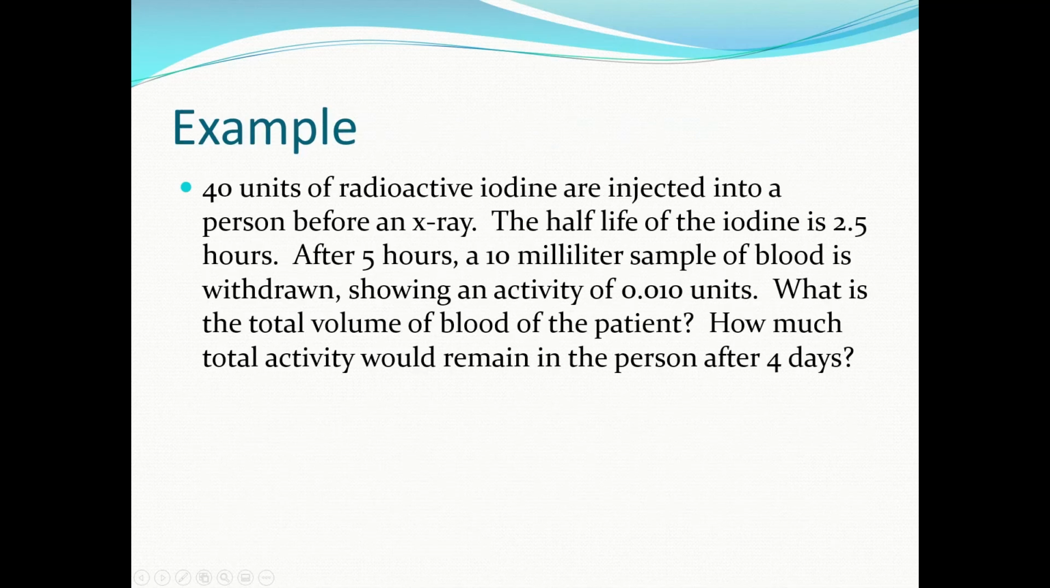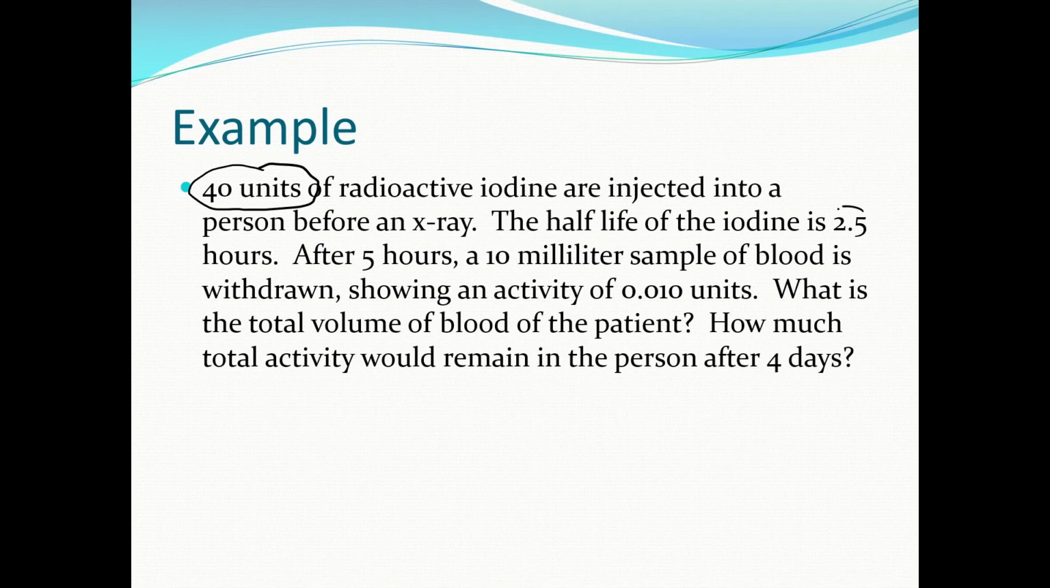So here's an example. 40 units of radioactive iodine are injected into a person before an X-ray. So they want to sort of see where this is going. The half-life of iodine is 2.5 hours. After 5 hours, a 10 milliliter sample of blood is withdrawn, showing an activity of 0.01 units. What is the total volume of blood in the patient, and how much total activity would remain in the person after 4 days? Okay. So they start off with 40 units,